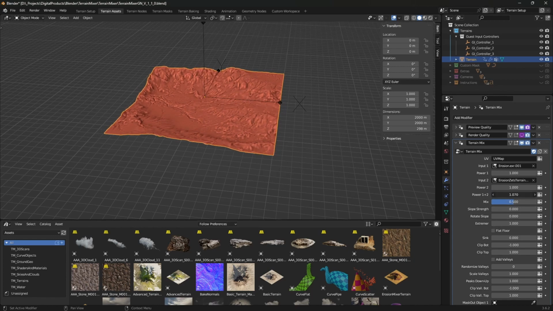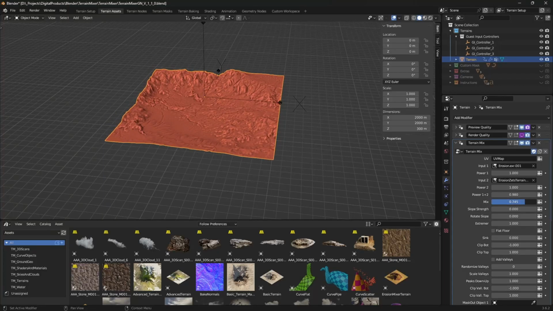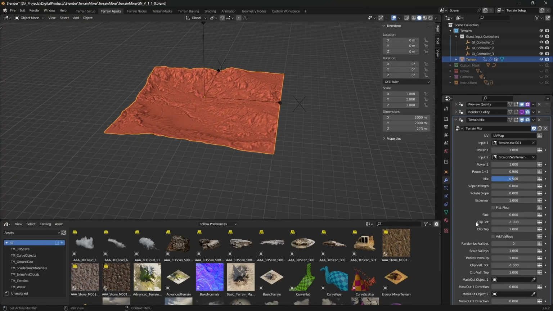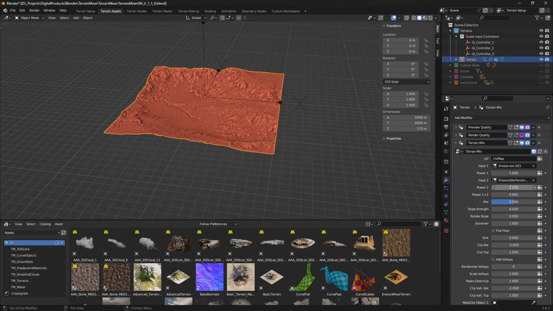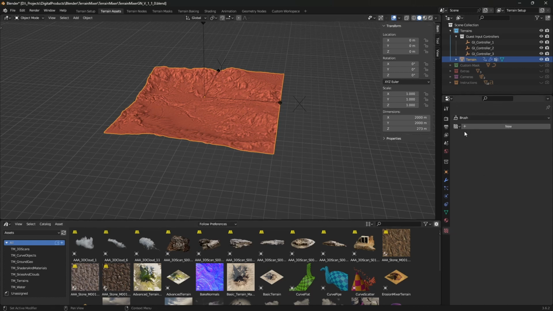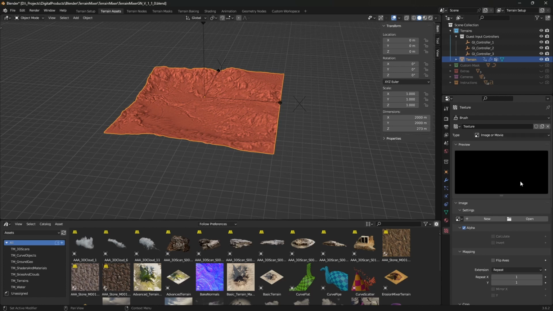You mix between the different inputs, and you can see those inputs here, and you can also change them here in case you have already imported them as maps inside this file. So you can do this by adding a new texture and opening it up, or you can go inside